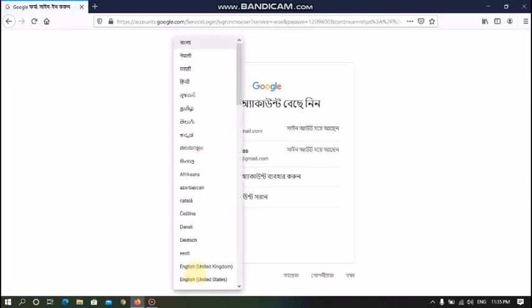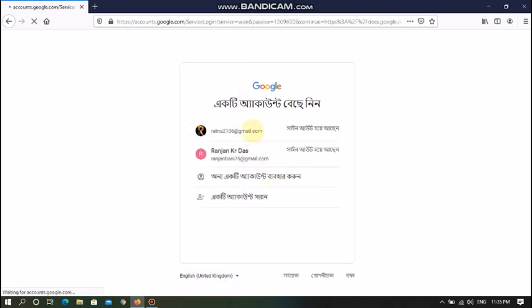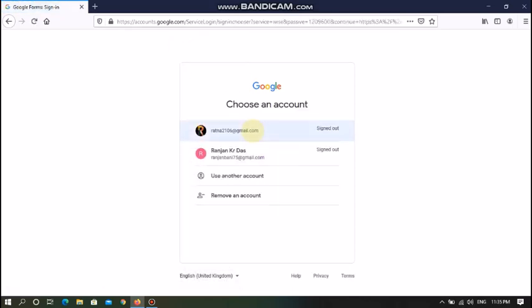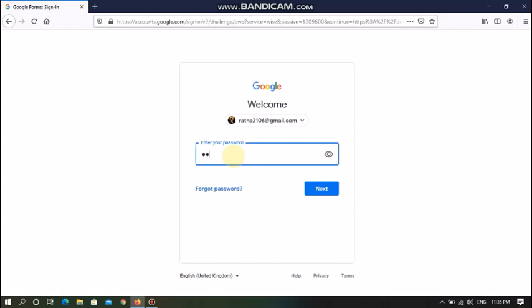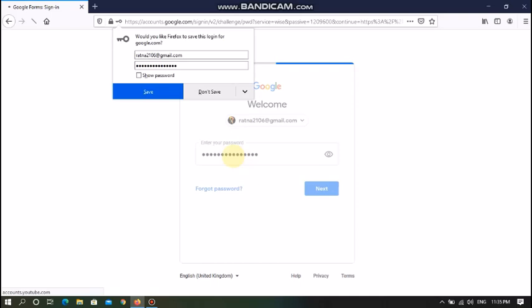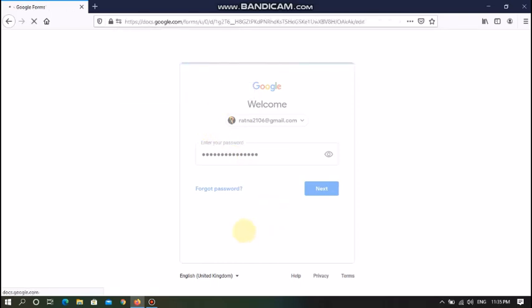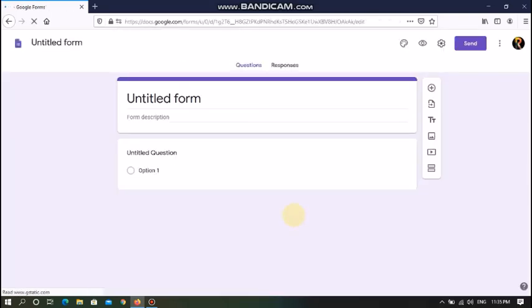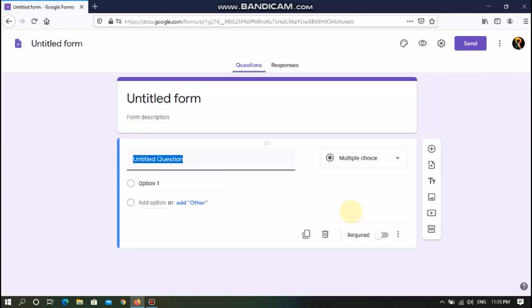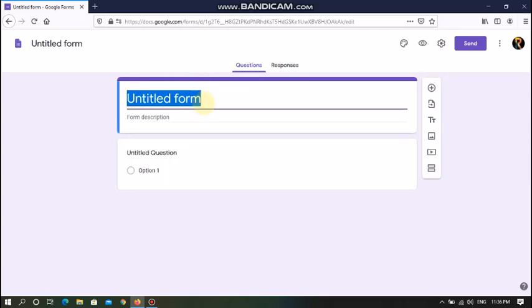After clicking on them, just choose the account you want to continue with. For example, I want to continue with this account, so click on that. Put in your login ID and password. As soon as you are logged in, a Google Form will open in front of you. The heading of the Google Form is Untitled Form. Just make it Attendance Sheet